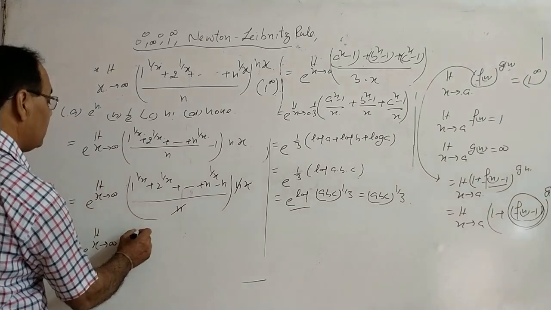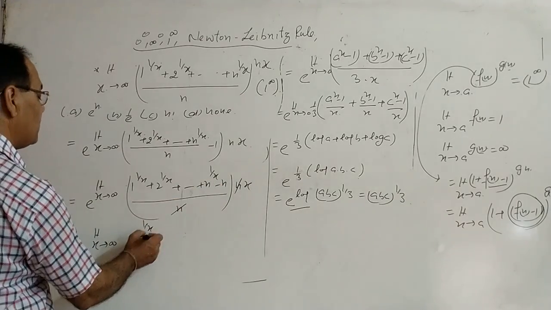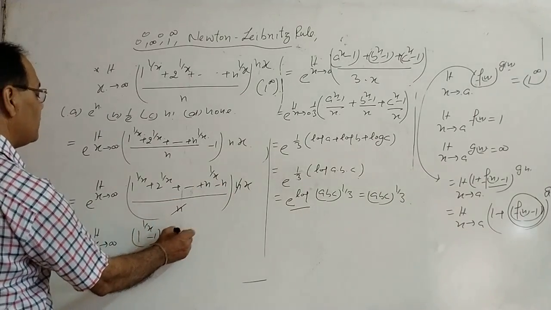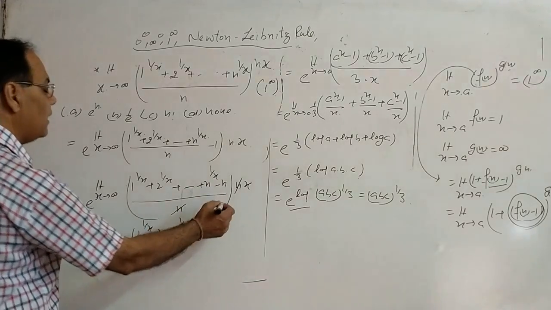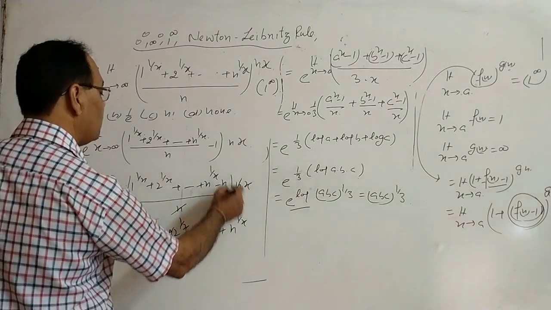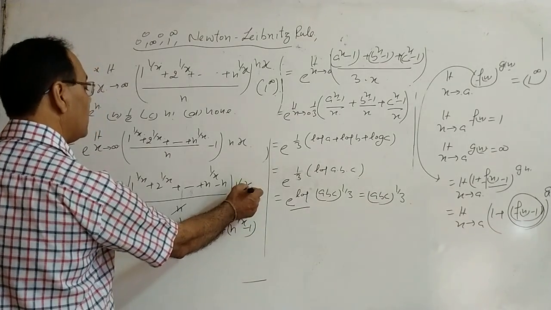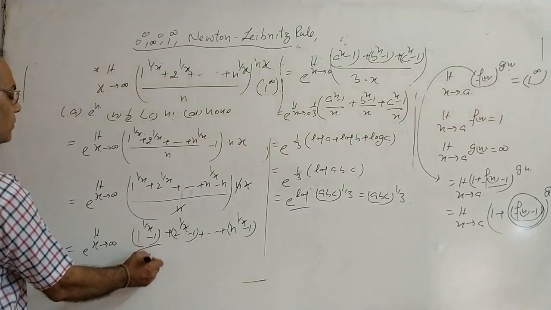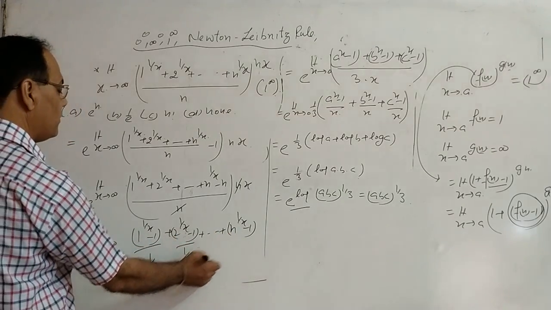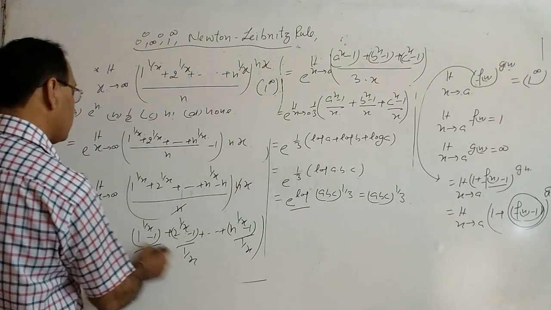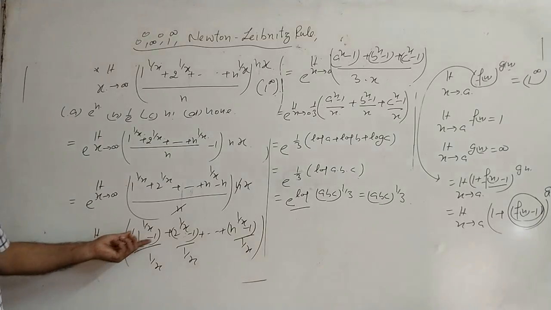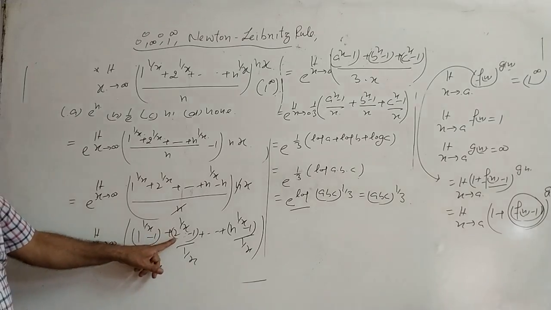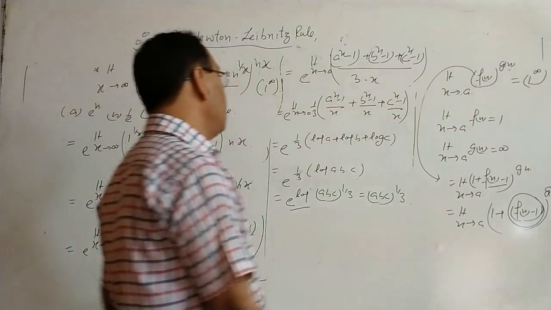So what can we write, beta, 1 raised to power 1 by x, 1 you have taken from here, 2 raised to power 1 by x, again 1 you have taken from here, we will keep going, then n raised to power 1 by x and 1 you have taken from here. Can I write this x as 1 by x? So you may write it is 1 by x, then 1 by x, then it is 1 by x. If we take the limit, again you can say this is in the form of log of a. So log of 1, log of 2, log of 3, going in this way, that is log of n.